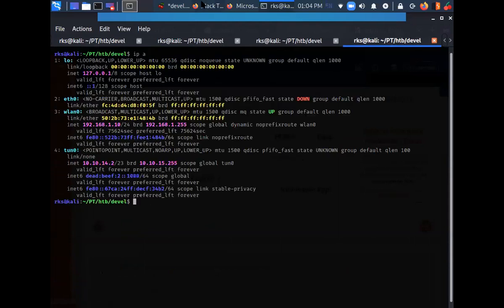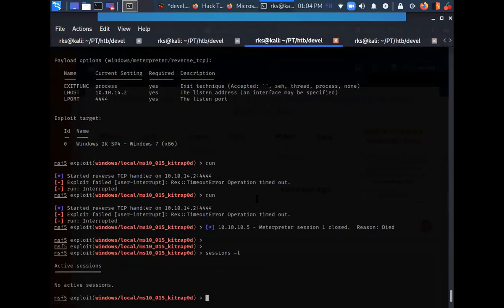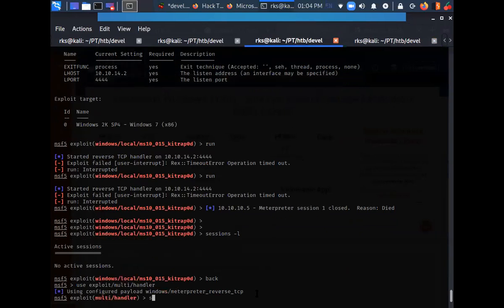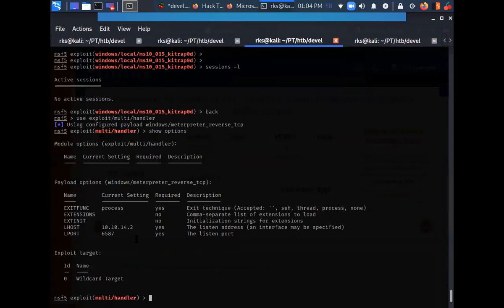My VPN is working. So let's get the session back again. Use exploit multi handler, show options. Everything is configured.